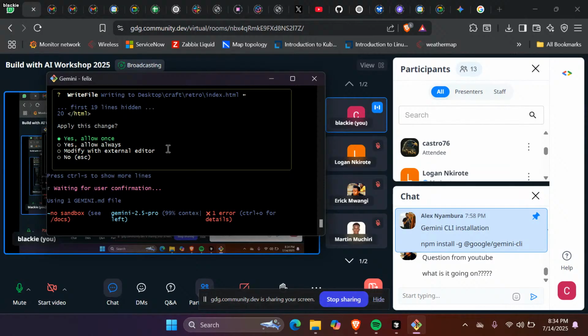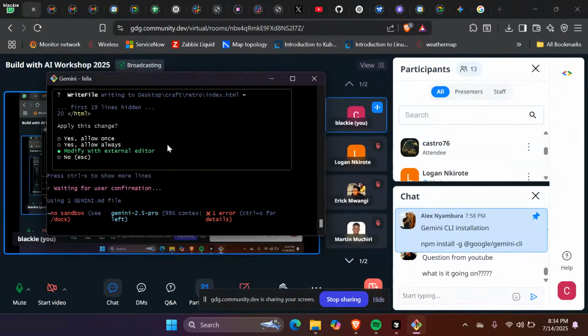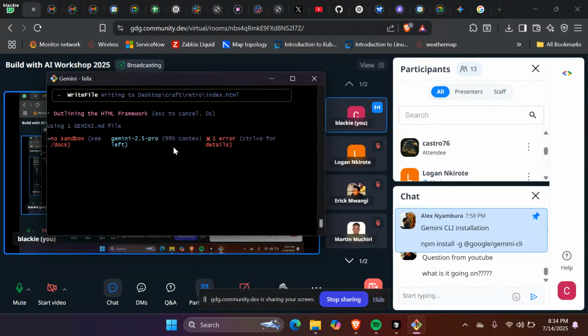You can modify with the external editor. For the external editor, let me use VS Code because I want to do another thing with it. Then let me just say allow.